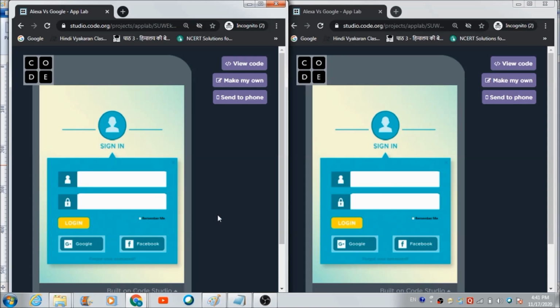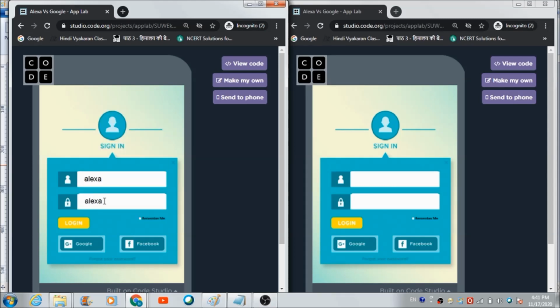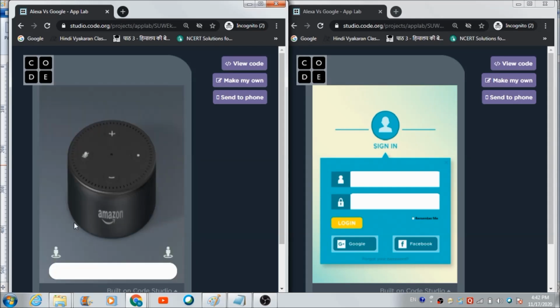If a person wants to log in as Alexa, he needs to write Alexa here, and in the password field he also needs to write the word Alexa. After that he can hit this login button, and this is the screen he is going to come across.